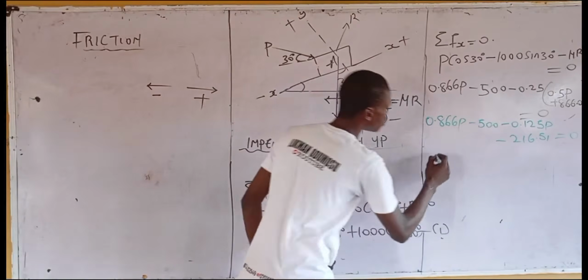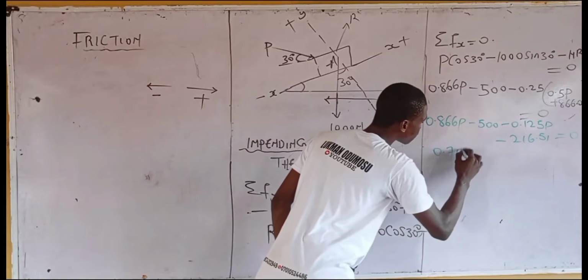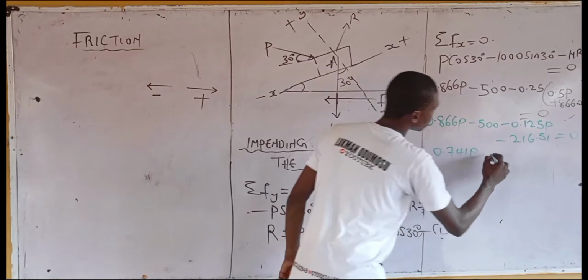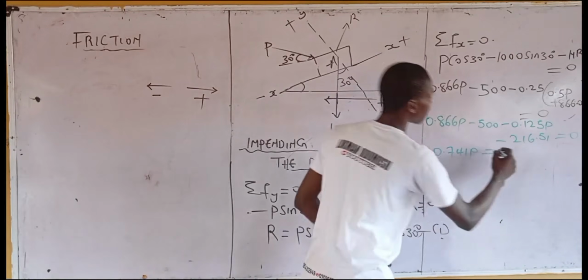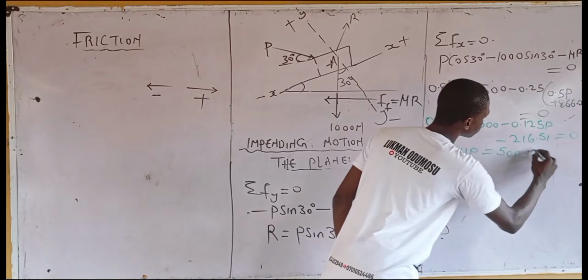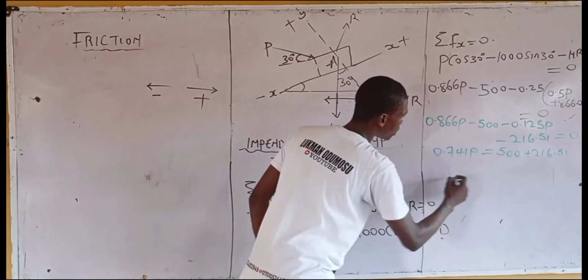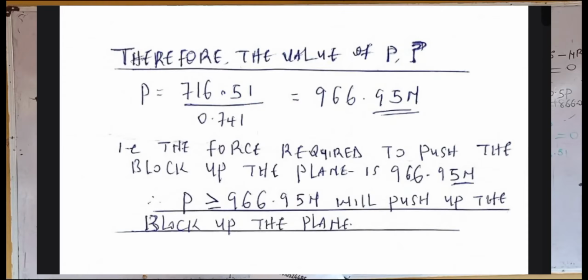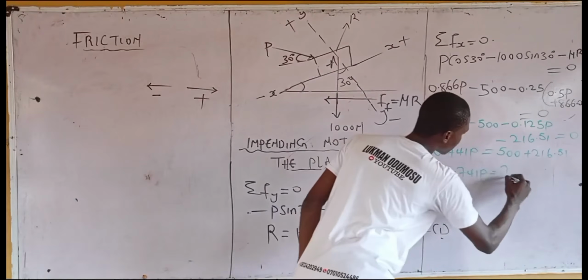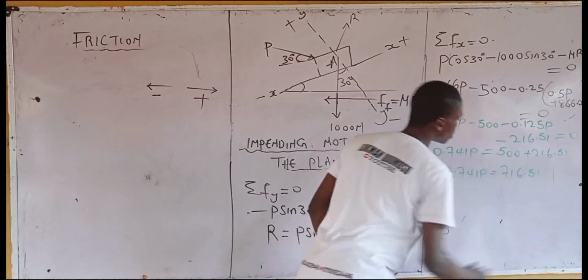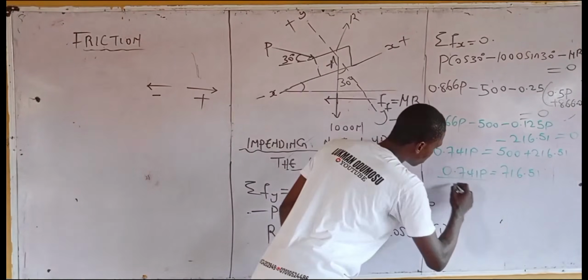That's what? 0.741P equals 500 plus 216.51. Collect like terms. So you have this. Then from here, the summation of this, 0.741P is equal to 716.51. Therefore, the value of P